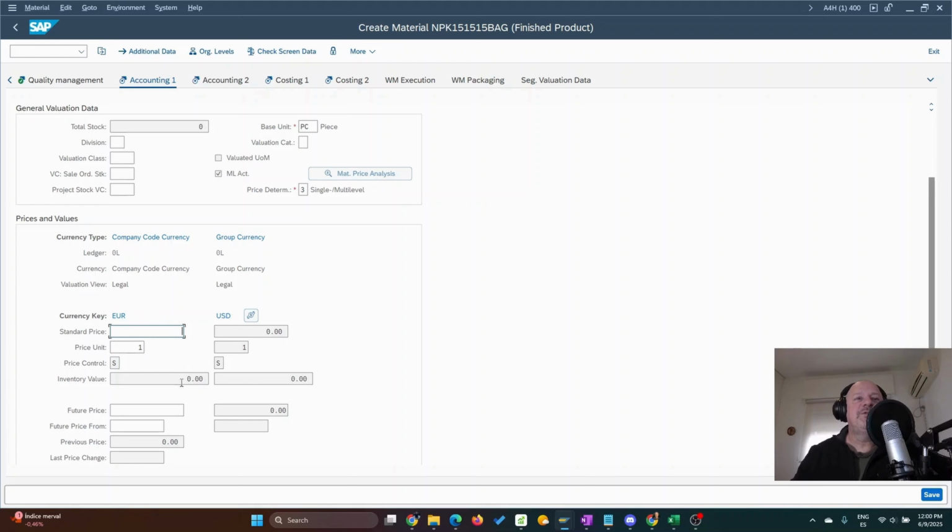But anyway, it's a typical thing that it's already known in SAP. The standard price for this material, just for the sake of the creation of this material, let me just put the value. It's not necessarily going to be the same. When we do some product costing videos, we will see that in detail, okay? But this time, let me just add a value here. Let's assume it's 2.1 US dollar per kilo, or we can say